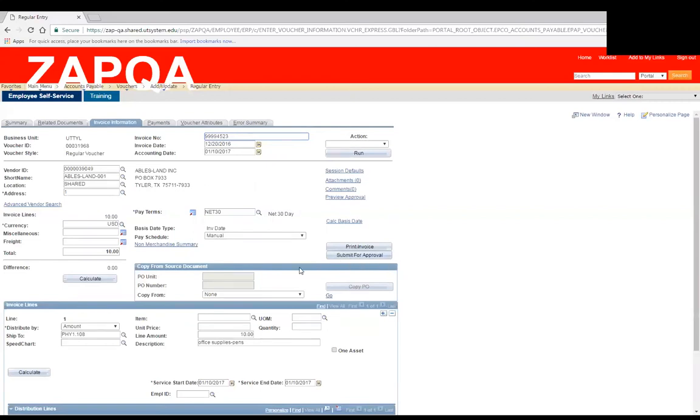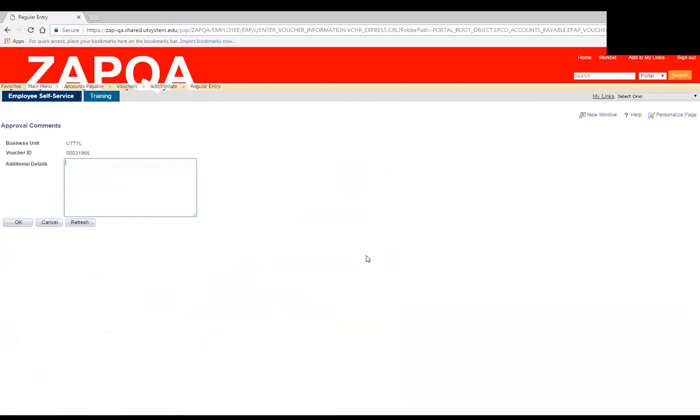And just like with expense reports, if you're not done with the document, you don't have to submit for approval. You can leave it sit and it stays with you. But you do have to remember to click the submit button to put it into workflow to route it to your budget authority. Okay? And when you click on the submit for approval button, you will get the following box,